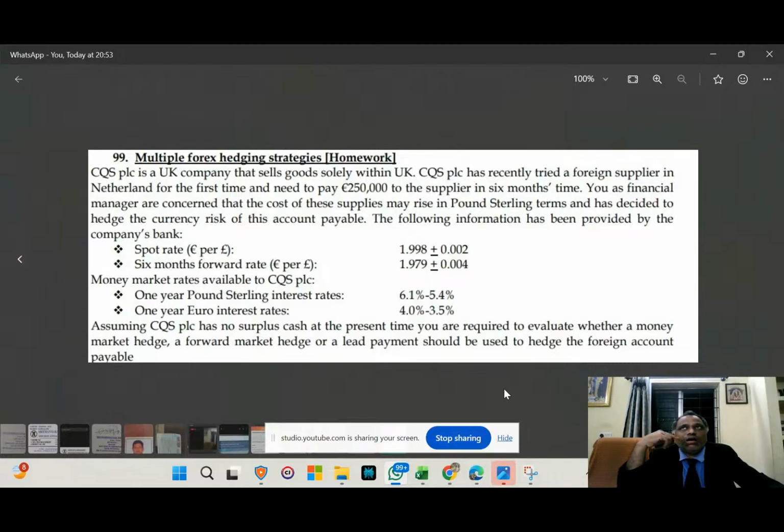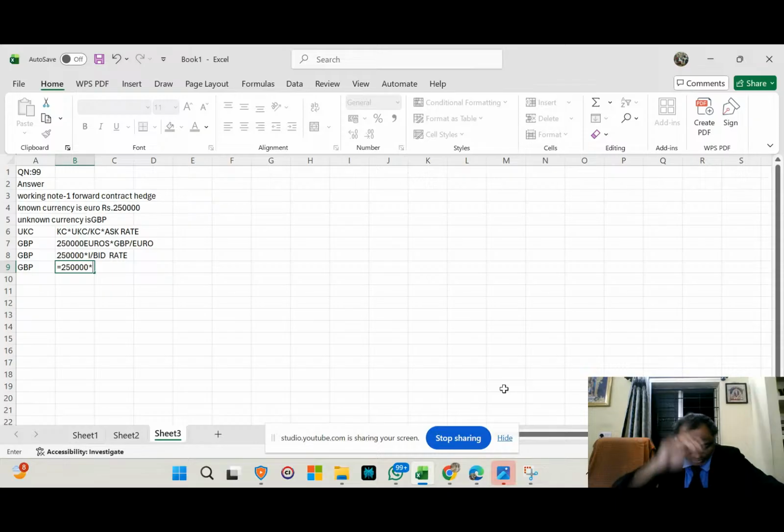Now, ask GBP by euro is equal to bid euro by GBP. So because of that, I would like to tell you that 1 divided by 1.9975. How did 975 come? 975 came because